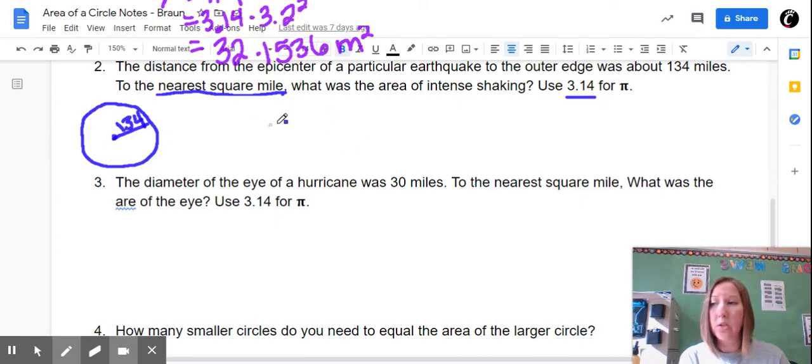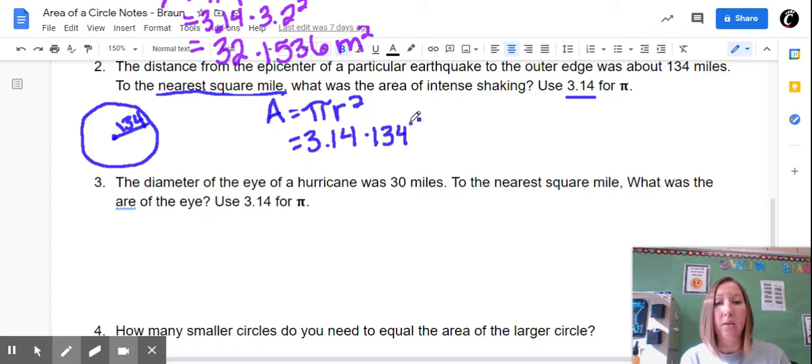So I am going to write out my formula, and that is area equals pi r squared. And then I'm going to just fill it in. So I said I'm going to use 3.14 for pi. And my radius, we said, was 134. So times 134 squared. Okay. I'm going to do 134 squared on my calculator first. So either 134 times 134 or 134 to the second power. Then I'm going to multiply that by 3.14. When I do that, my answer is